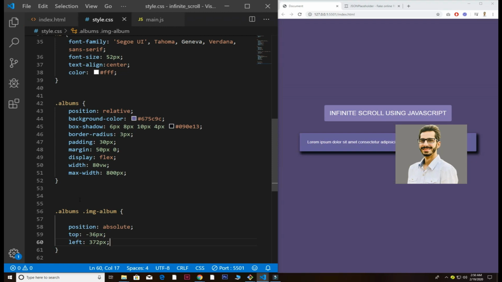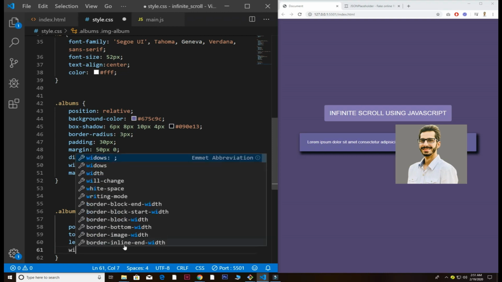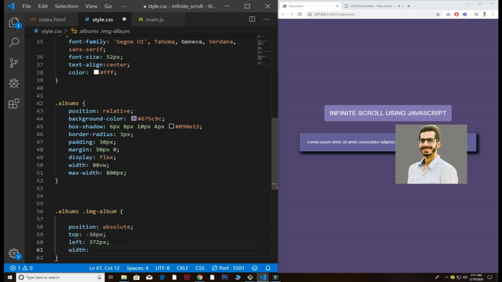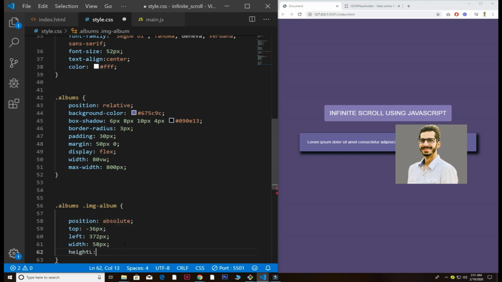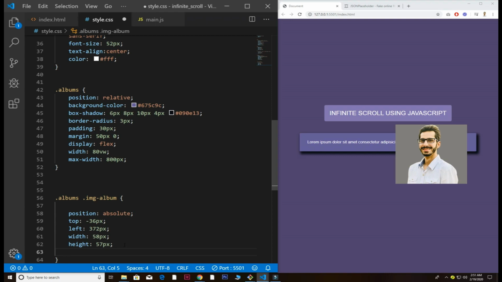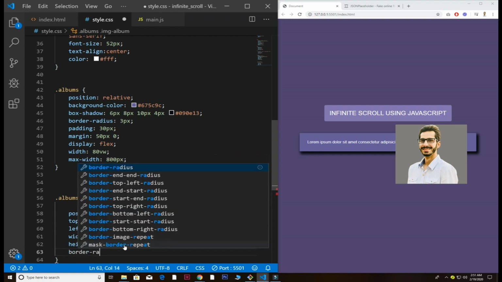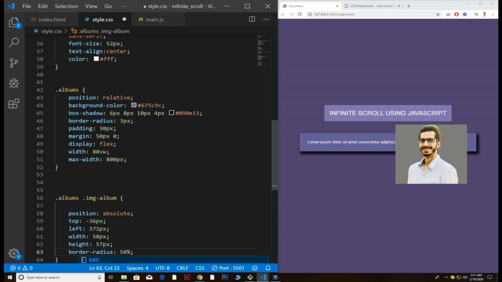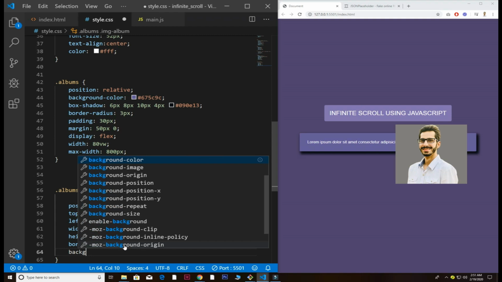So this looks like still this image doesn't suit what we want, but although we have a very nice div behind the image, so width of 58 pixels and height of 57, and next we have our border radius to be 50%, and background white color,